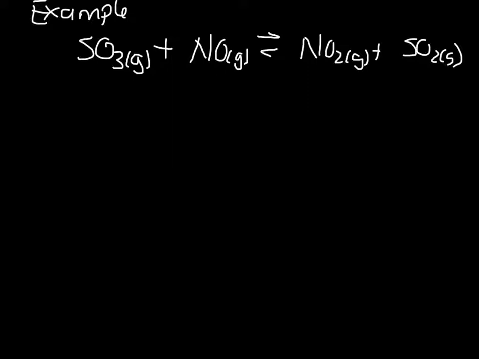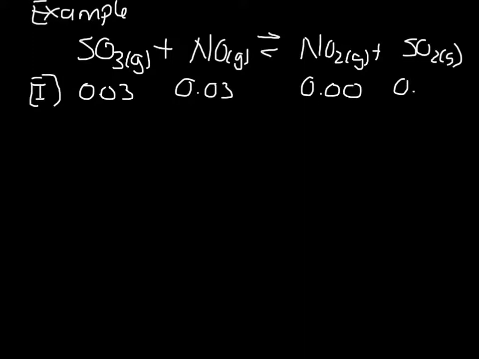So let's set up our table. We need our initial concentrations put in first. So both SO3 and NO are 0.03 as we start the reaction. Remember, products do not exist at the initial point, therefore they have a value of 0.00. Now, that's all the information that's been given to us, so we're going to set everything equal to each other